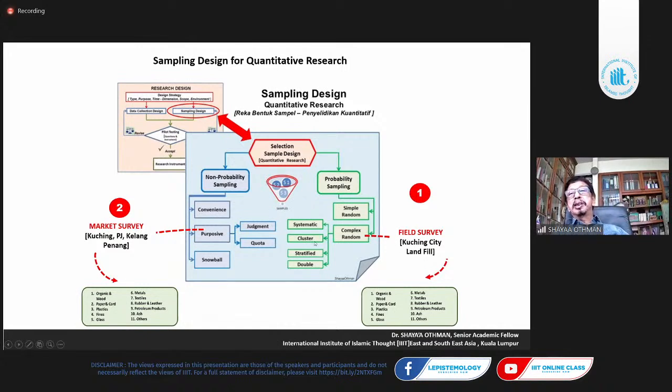Cluster, you have determined the cluster, a random, complex random. Determine the cluster, and then systematically you determine how many people you want. There is some element of non-scientific here, because it depends on the number of people you're able to interview. So it is every 10 people, every 10 houses you take 1, or maybe the road is too big, too long, maybe every 20 or 30, depending on the time and scope of study.